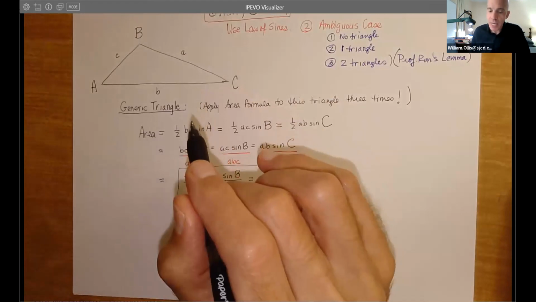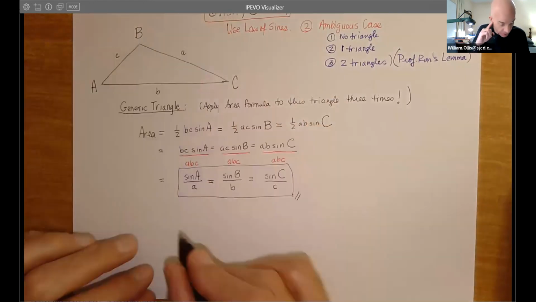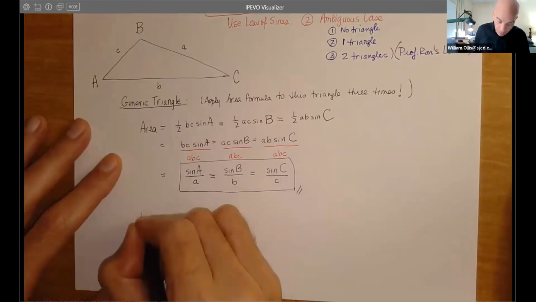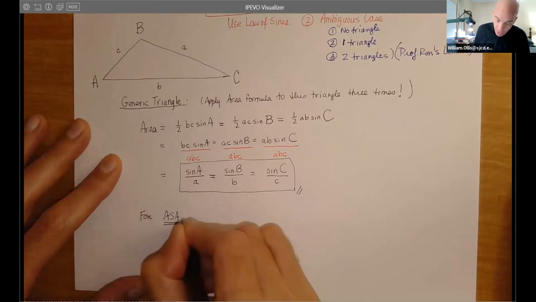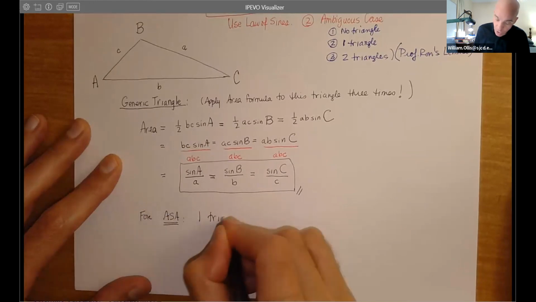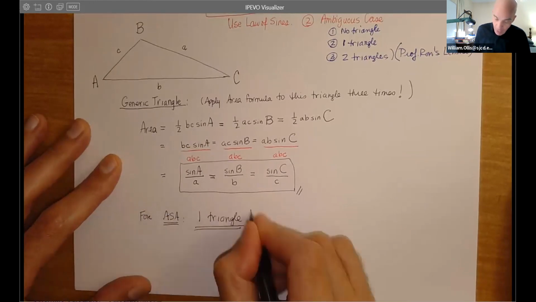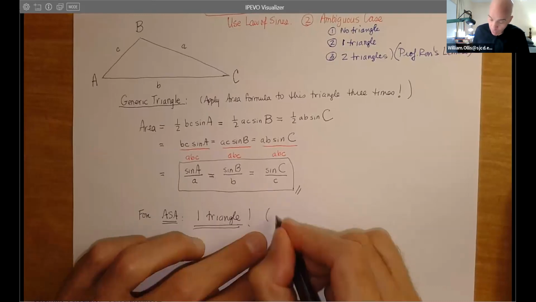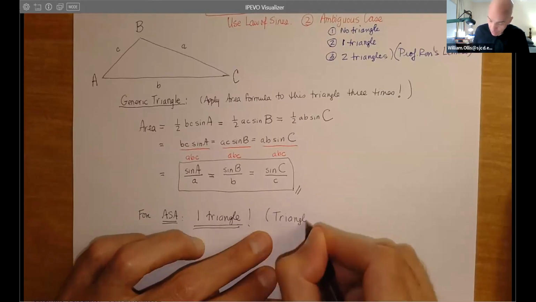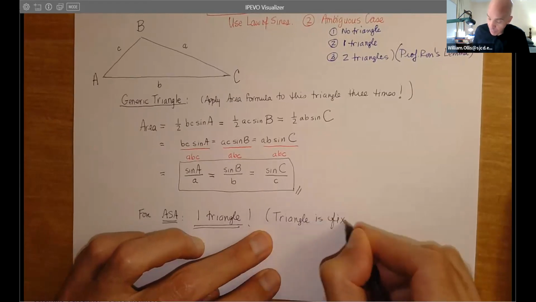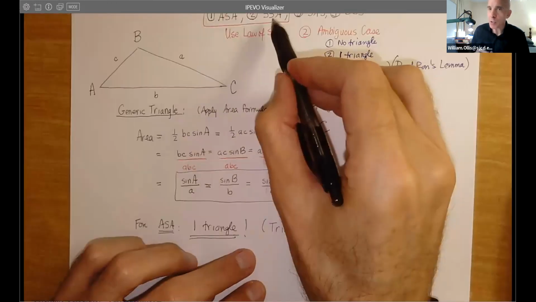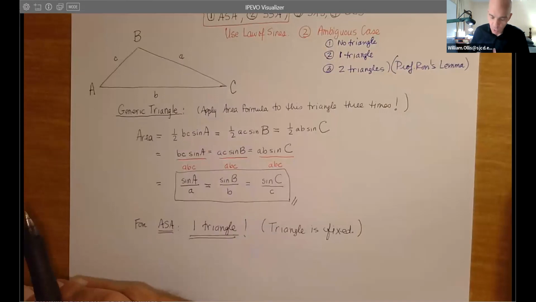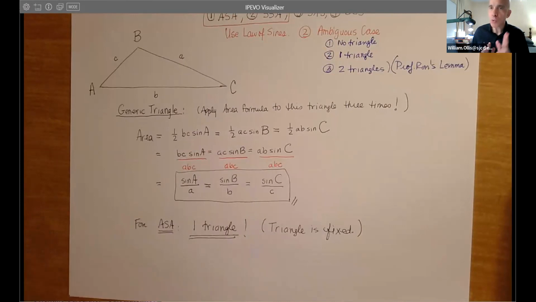So if you've got two angles, this is one triangle. So let's just note for angle side angle, there's only one triangle. That is, if there is one, there's just one, because the triangle is fixed. Because the remaining angle is fixed, there's no flexibility there. When you only have one angle and two sides, there's built-in flexibility, which you don't have here. So angle side angle will always produce one triangle,